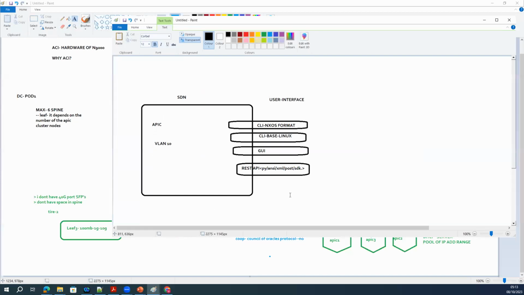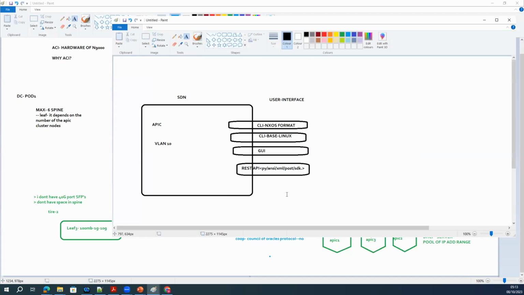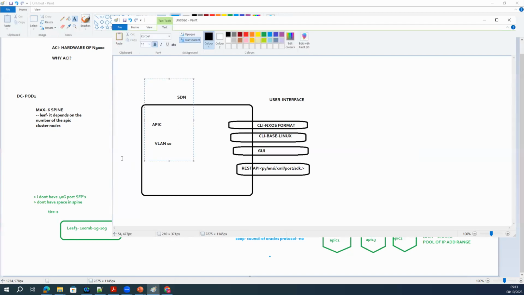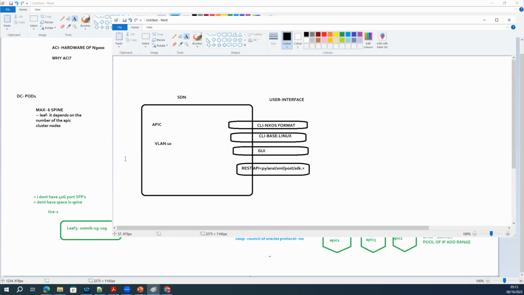Whereas if you compare to the other SDN solutions in the market, those solutions work as a control plane. It means there is interdependency between the devices and the control plane. When you have that kind of nature in the devices, you will have an issue with high availability. Okay, so let me open that box.